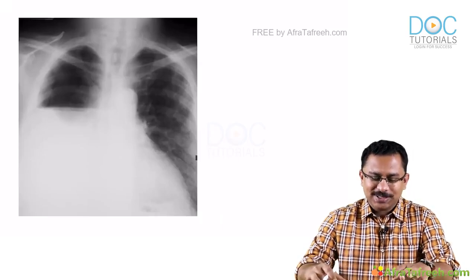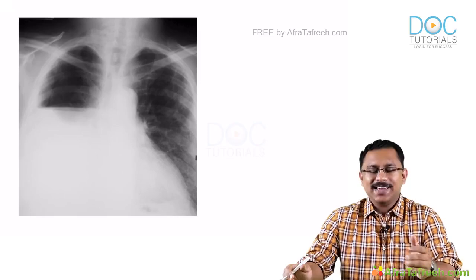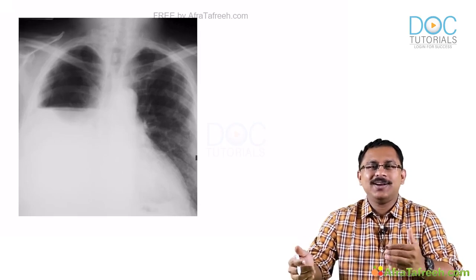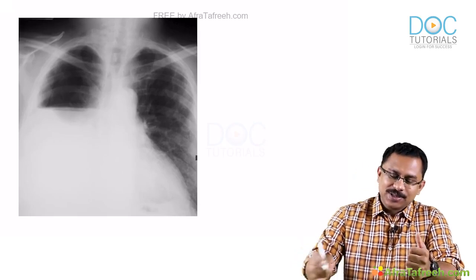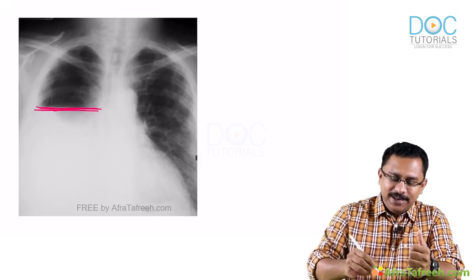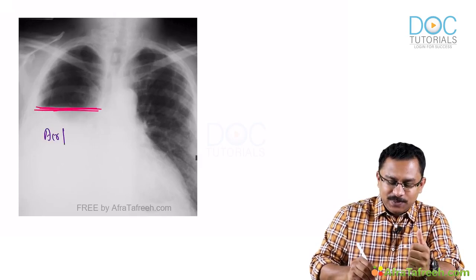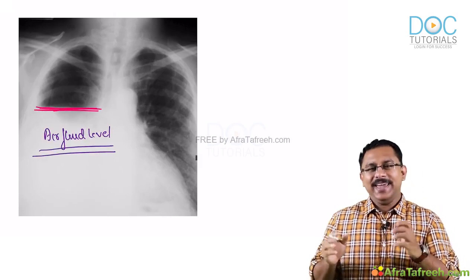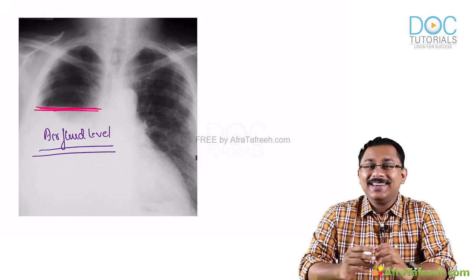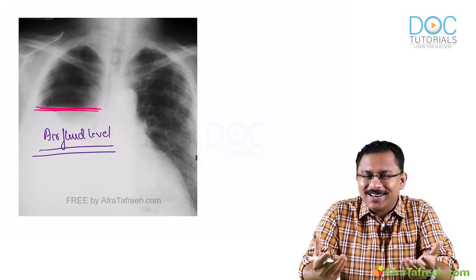So just one point to show you. What do you see here? See here also you are seeing some effusion in the right side. But what is the peculiarity from the effusions that I have shown so far? Now something that is very obvious here is that there is a definite air fluid level. Okay, there is a definite air fluid level in this effusion. And when you have such a definite air fluid level, it is suggestive of what? Tell me, it is suggestive of